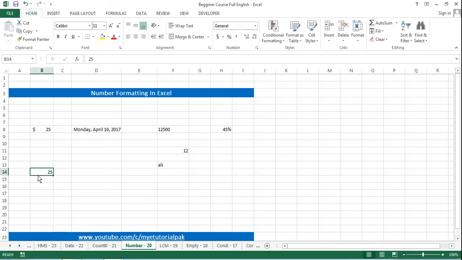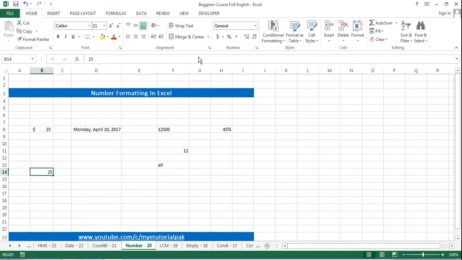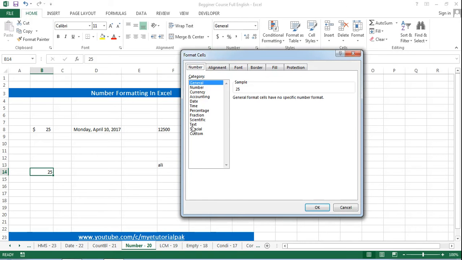this is 25, and if I want to convert it into currency, then I have to come here, and it shows me different currencies like United States, United Kingdom, Euro, Chinese, French, and the accounting format. And if I want to select the Pakistani currency, then I will go to that dialog box. You can pop up that dialog box from this option, and from here I will go to